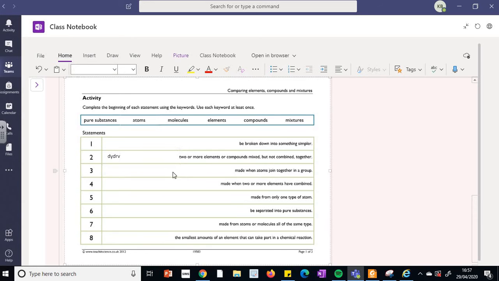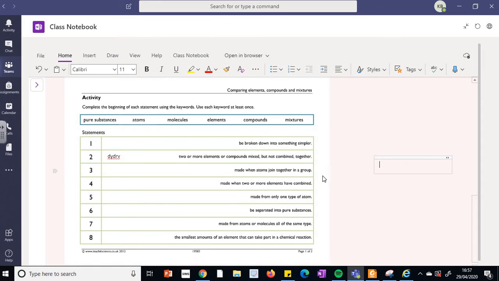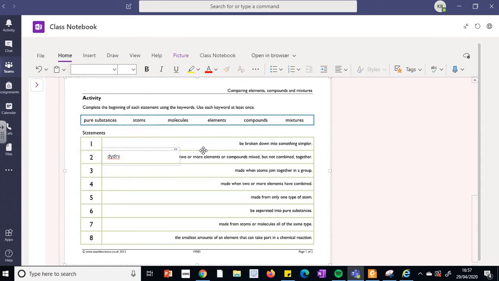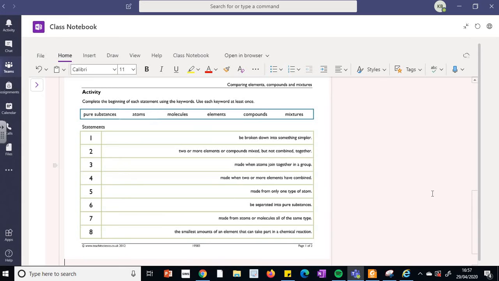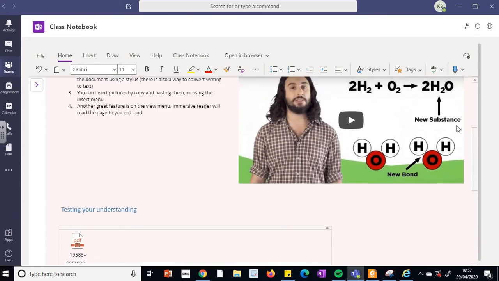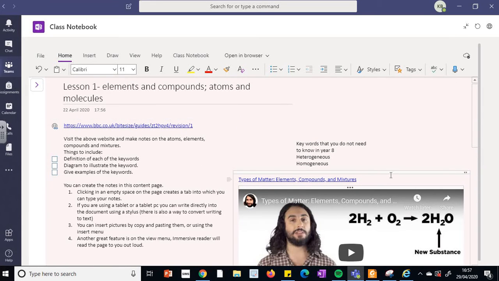If I want to answer this question, create another box, move it over. So that's how I'd answer those styles of questions. Just move it, click it, type it, move it, drop it into place. That's how I'd answer. The moment I have answered those questions, it's saved onto the network. So none of this changes permanent. Once I've done this, what I can then go and do is start to create my notes, which